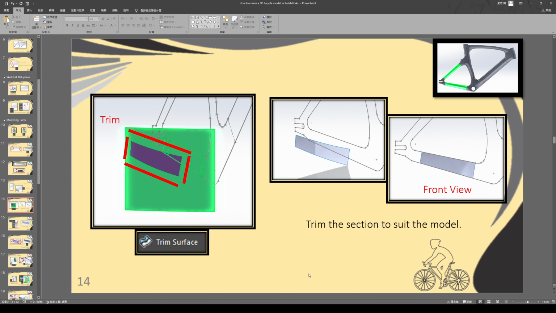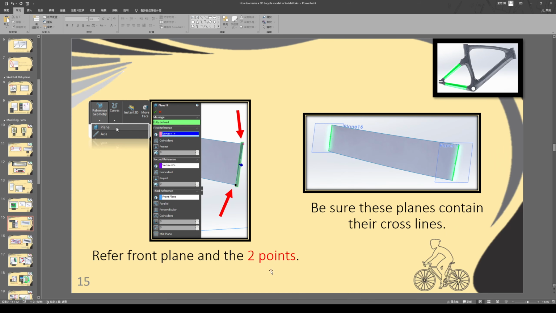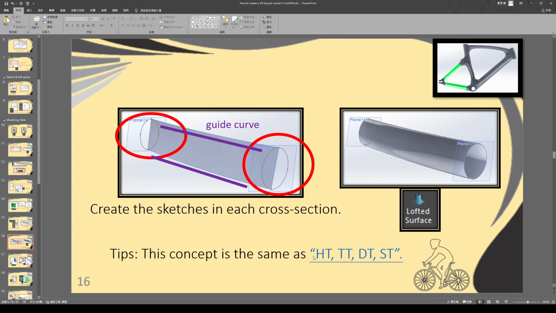Create the planes, which are prepared for drawing sketches on them. Refer from the plane and two points. Be sure the planes contain their cross-section lines.